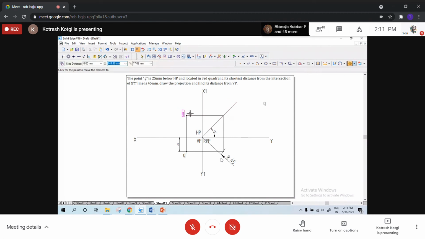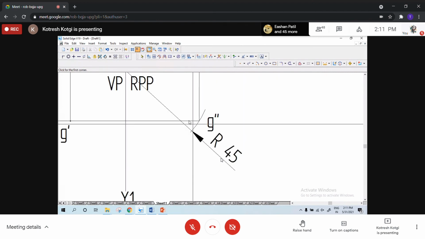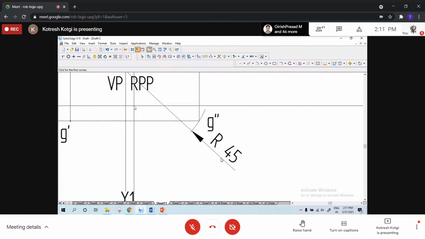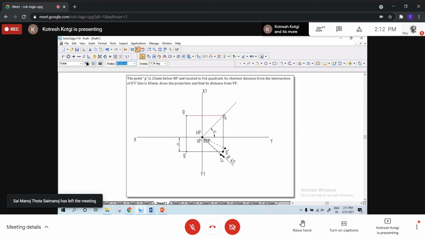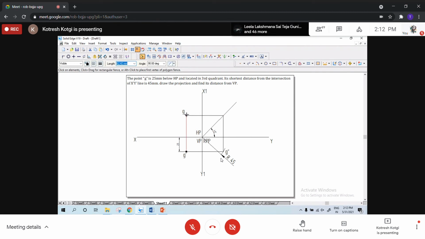Now this was asked. They have given the data for side view G double dash. Where is the G double dash? The intersection of, just zoom it. You see here, this is our side view, the degree line. From the intersection, we have drawn the horizontal projection. From the front view, we have drawn the vertical projection. Where these two intersect, that will be the top view.